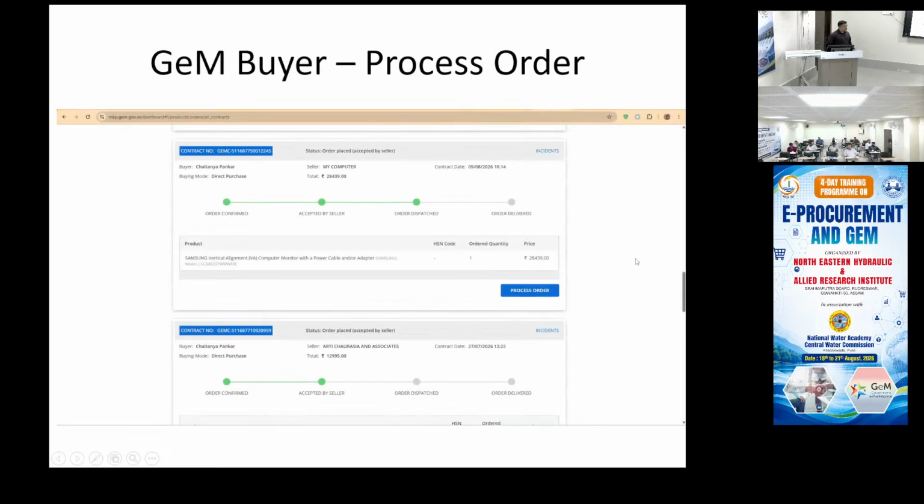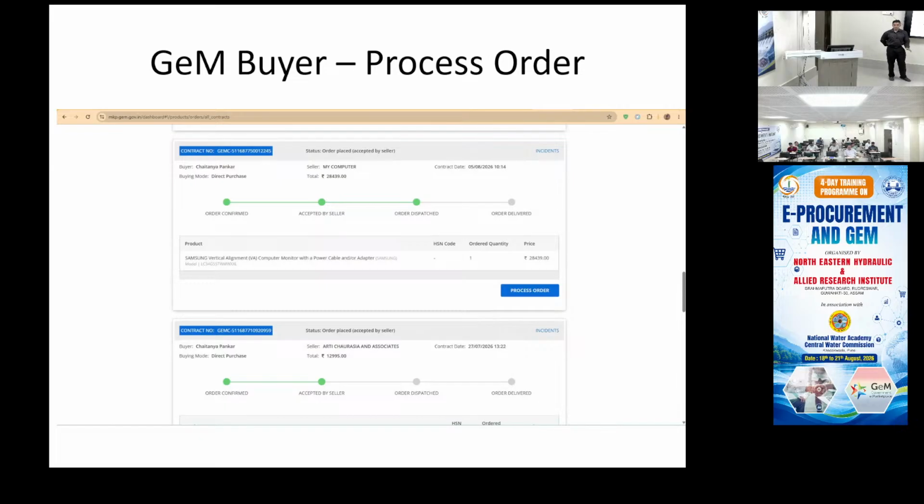Now when an order reaches this stage, order dispatched, then the seller can raise an invoice. It will show the order is dispatched. It may not have reached delivery yet, but once it is delivered to you and you confirm that you have received, then it will come up till here. But at this stage itself, you can process the payment.